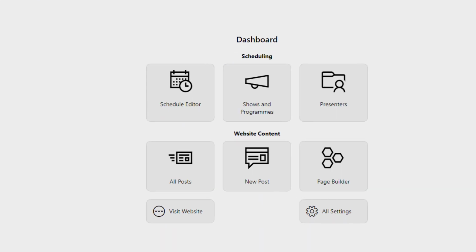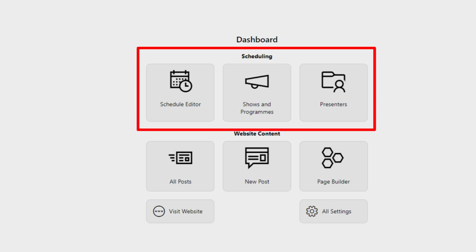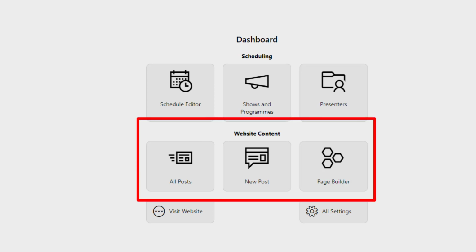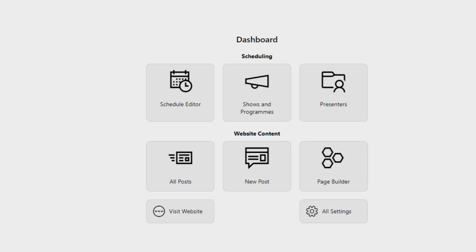This provides a quick jump-in area for editing the most common things on your website, including the schedule, shows and programs and presenters, as well as posts such as news posts and blogs, and you can access the page builder from here as well. You can also visit your website from here, which is what we're going to do straight away,